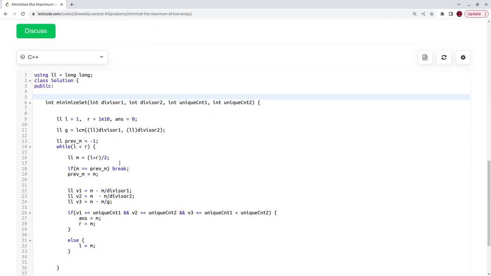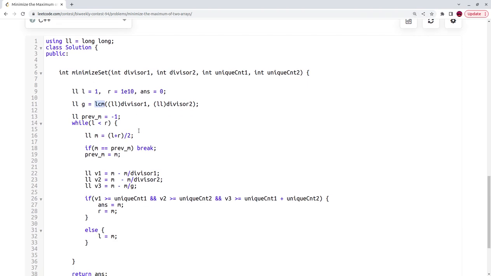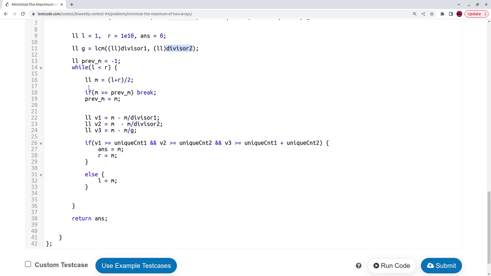Let's look into the implementation. So here G equals the LCM of divisor 1 and divisor 2. The time complexity of this is log of the minimum of these numbers. And here we have